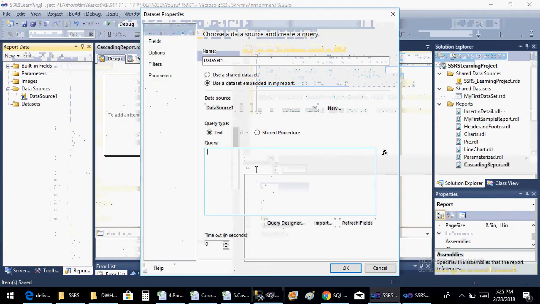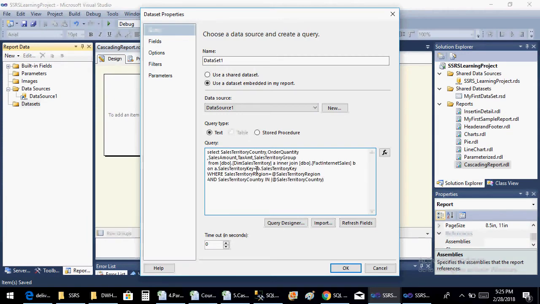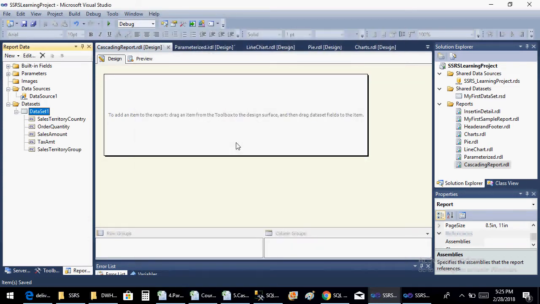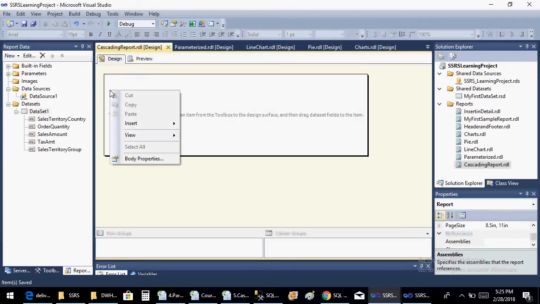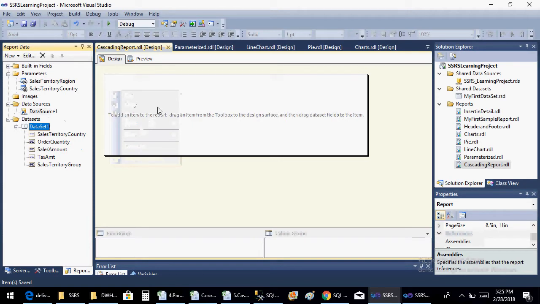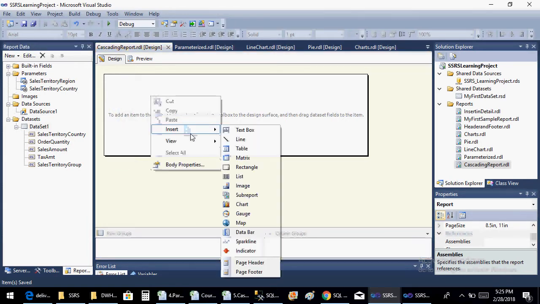So in the Asia Pacific region you can have India, Pakistan, Bangladesh, multiple countries. So that's how one region once selected, there should be provision to select multiple countries. So I am clicking OK. I got a list of values here and also a list of parameters which I created as part of the where clause,